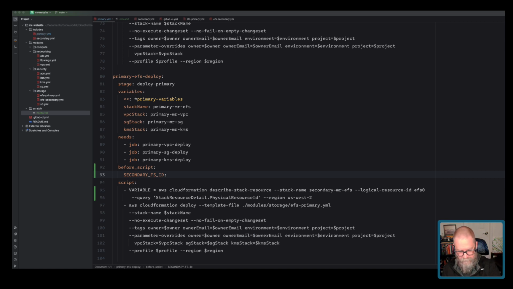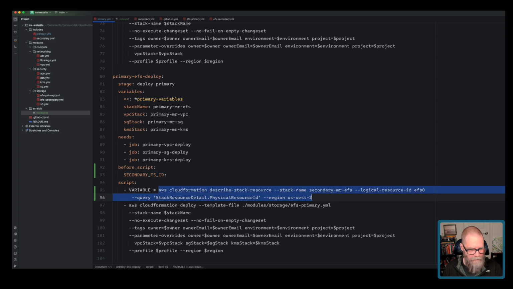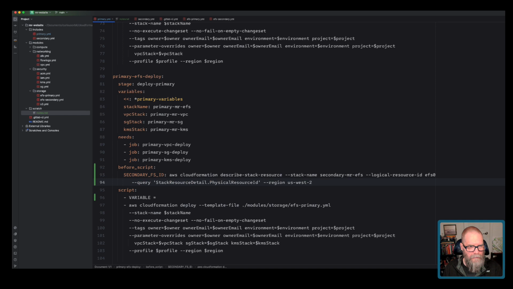Yeah, so I don't think this is going to work. Let's try it though. What's the worst that could happen, right? And then we'll just say export secondary FSID. Or actually we'll say, I think in the example they had there,